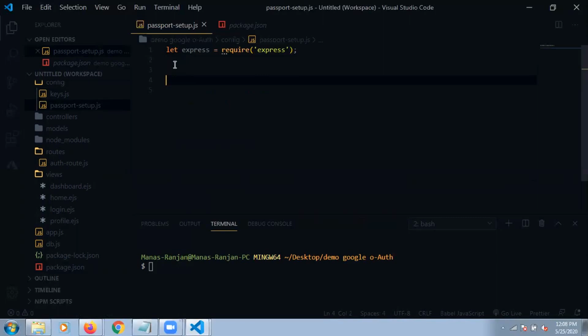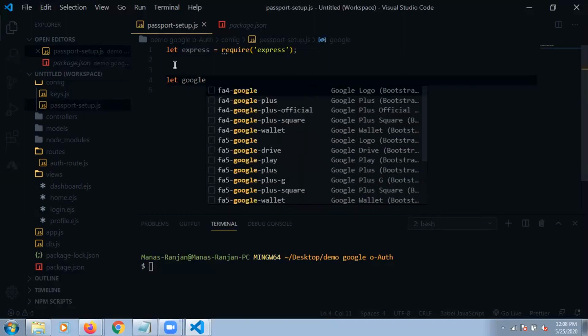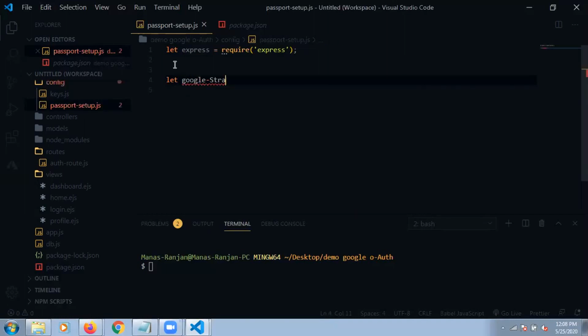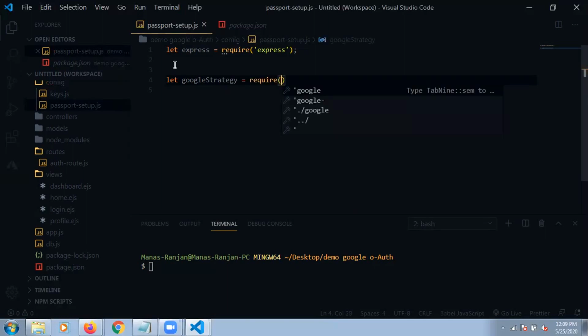So we are making a new variable, that is let Google strategy. Sorry. It does not take, I already told you, Google strategy. Not require, since we are requiring our Google strategy from that package only.